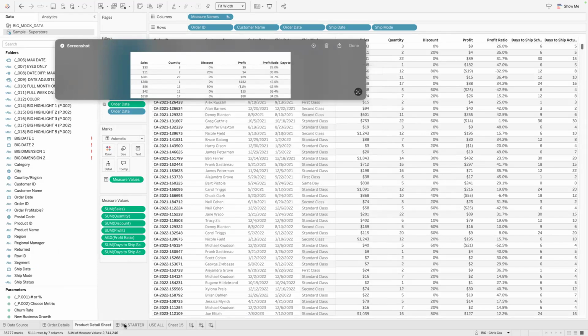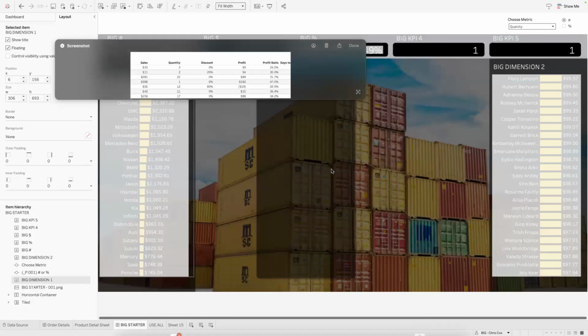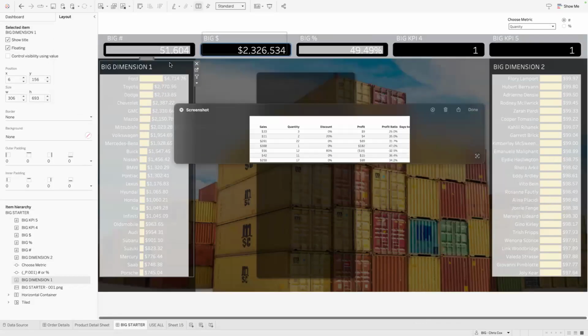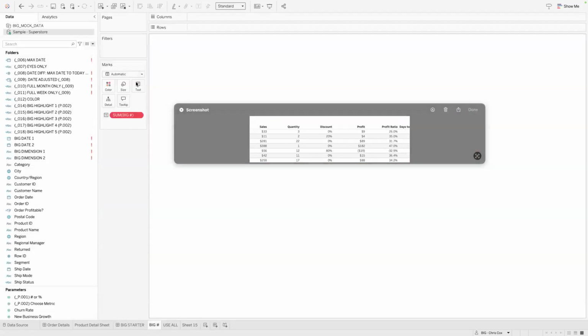And then I've already got built out here some things for my different KPIs. So my first one here, I'll go grab this. I can just swap it out. It lets me. And there we go. So swap out this one.